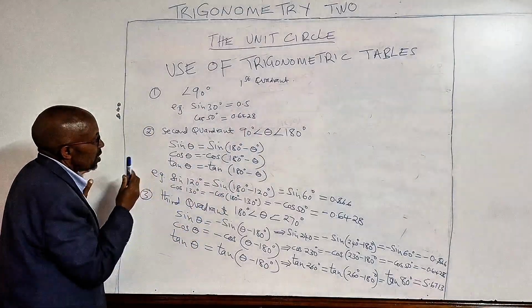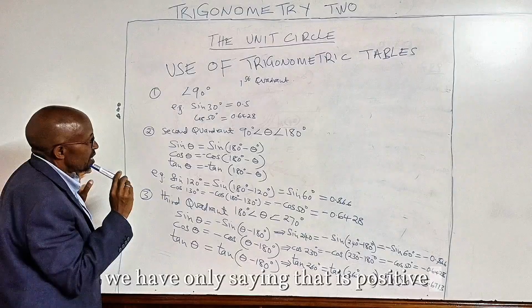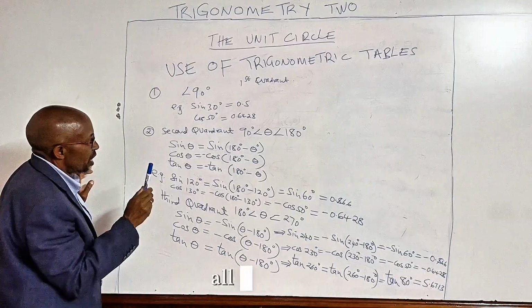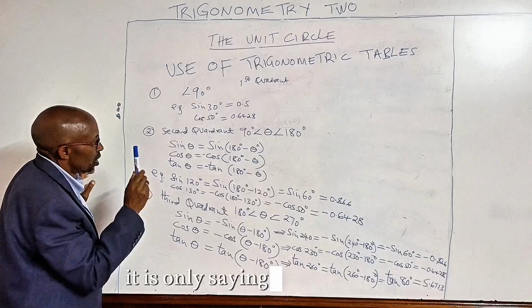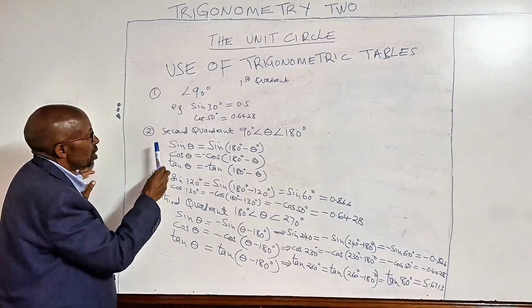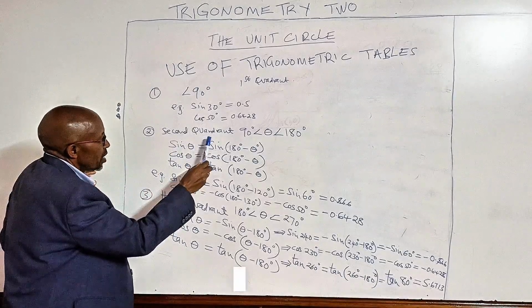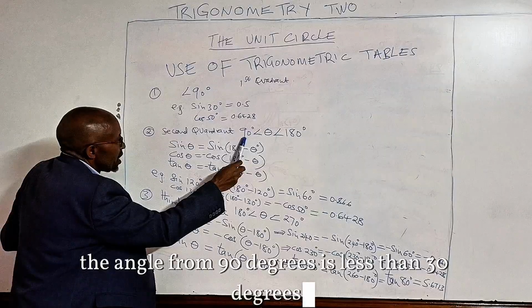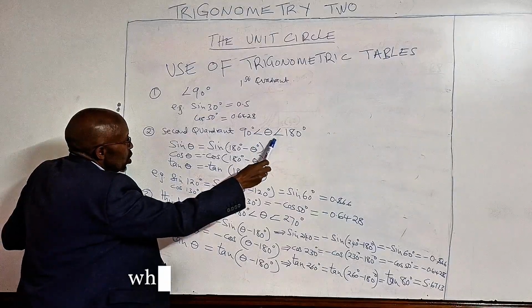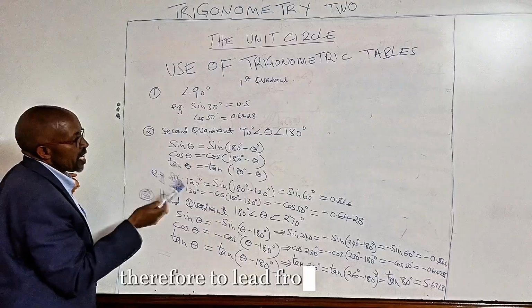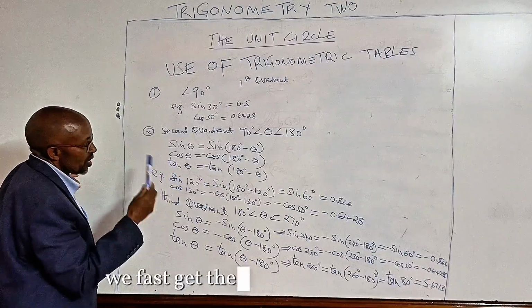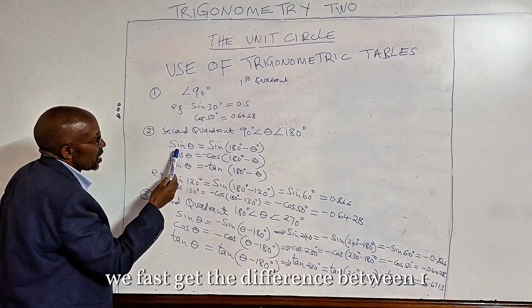Second quadrant, we have only sine that is positive. All the other trigonometric ratios are negative. Second quadrant, we have the range where 90 degrees is less than theta, which is less than 180 degrees. Therefore, to read from the tables, we first get